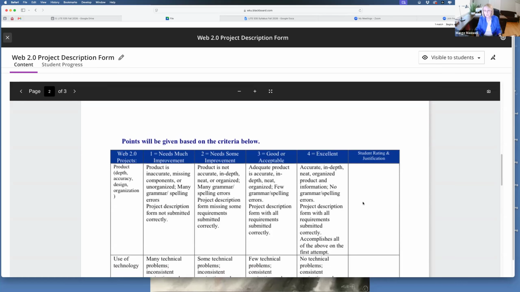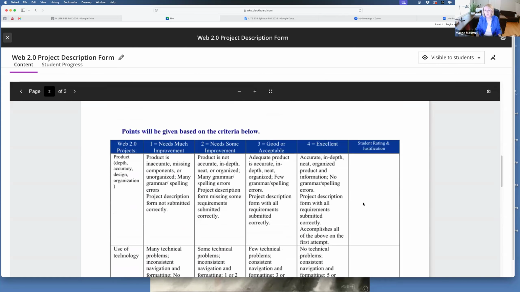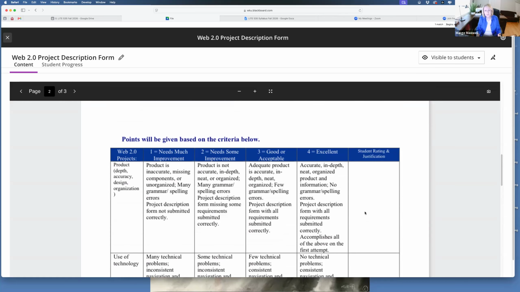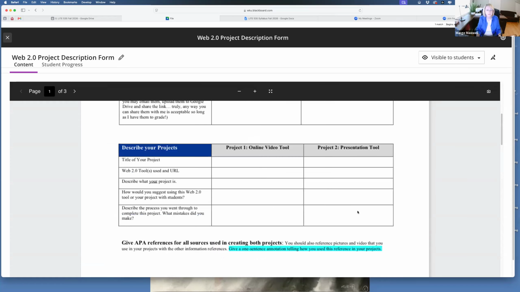Now, we usually see 2 camps in these evaluations: people who really didn't do that great of a job, but they give themselves all excellent, or people who really did do a great job, but they don't grade themselves very high. So try to really be honest with yourself. Now, why are we doing this? Remember, this is a graduate class, and we do a lot of reflection on why and how we did things. Okay? And that's all that's in